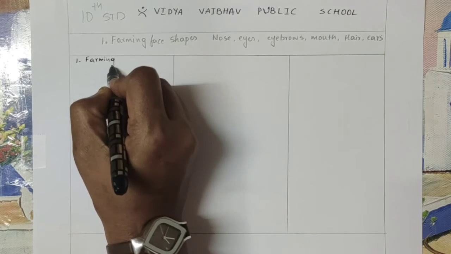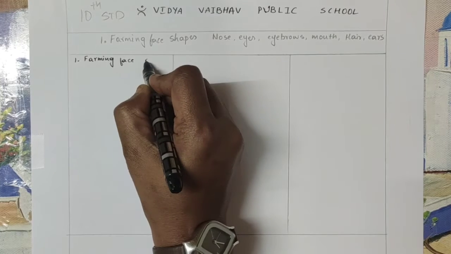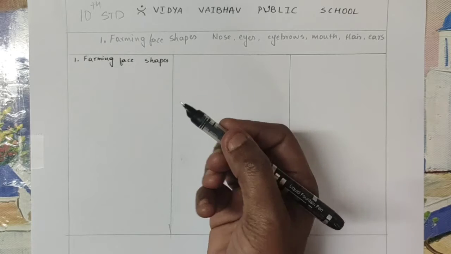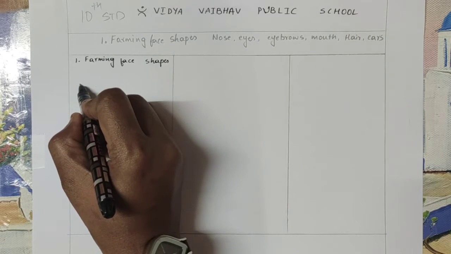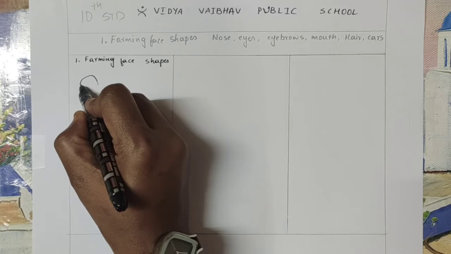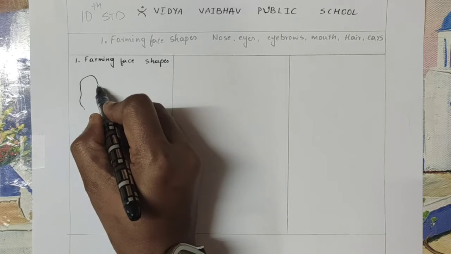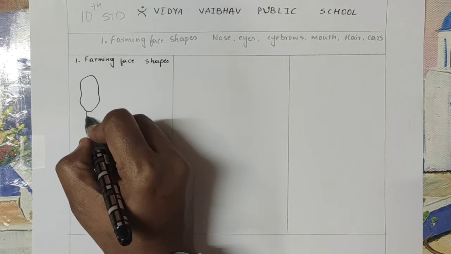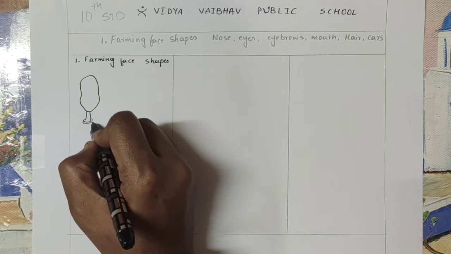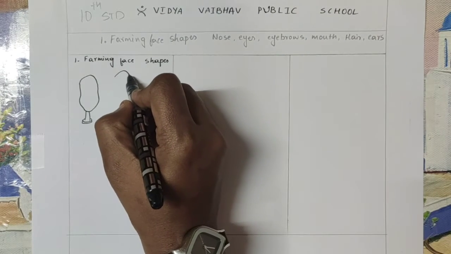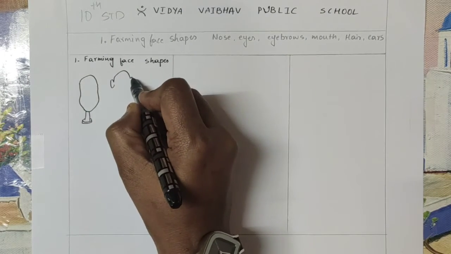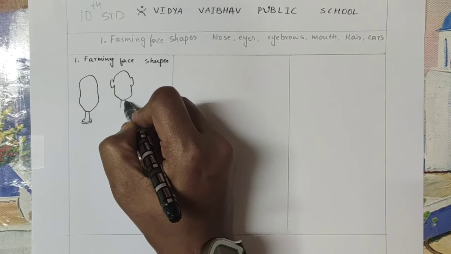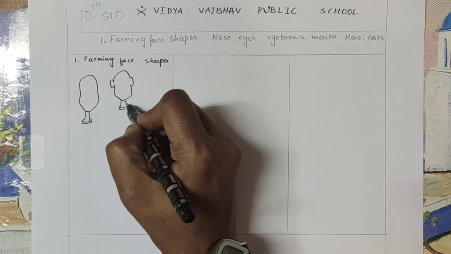Forming face shapes. So here I am using a black ink pen. What we should do always is see the picture and first draw the outline of the face. Whatever you are seeing, you should draw. Just an outline of the face. No construction, nothing, but the construction should be in your imagination.